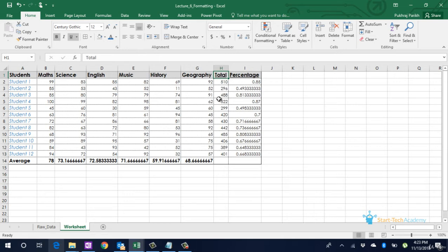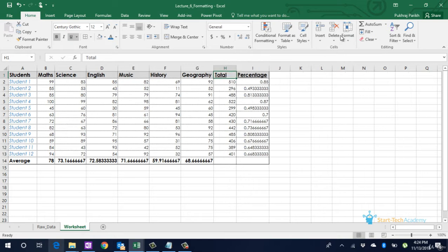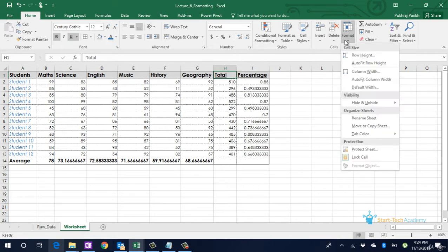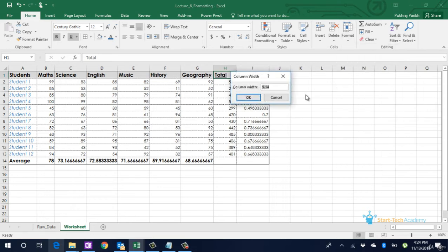To manually correct this, you can go to the separator between H and I to increase this, or you can also go to the format option and specify column width for this column.